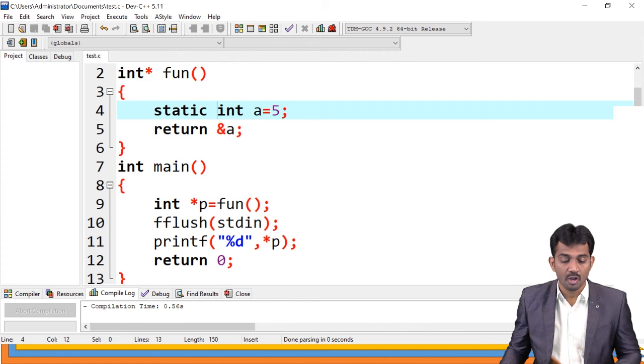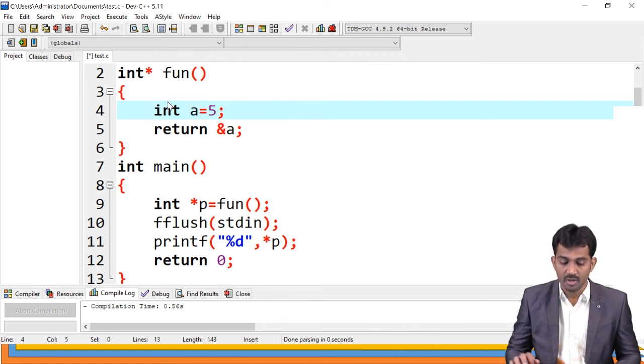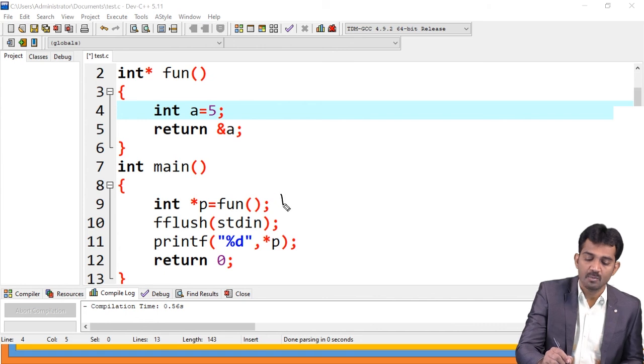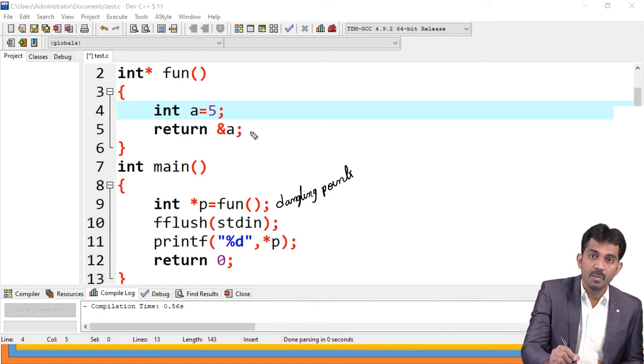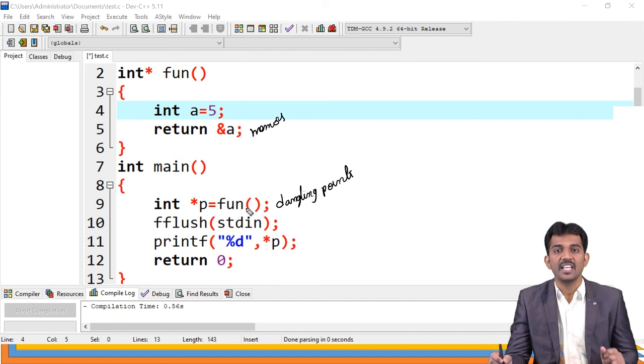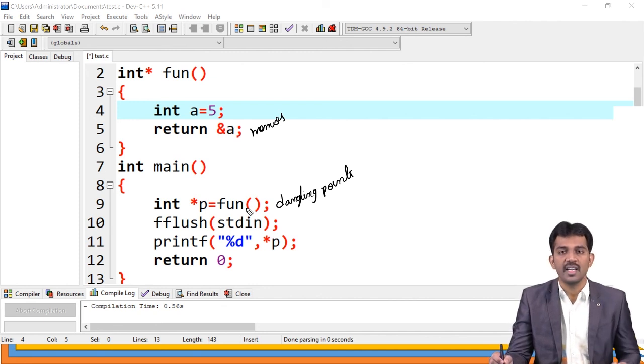Means if you use a normal variable, then here p is called a dangling pointer, because after the function ends the memory is deleted. That is why this is called a dangling pointer. This is clear. This is the function-call dangling pointer.